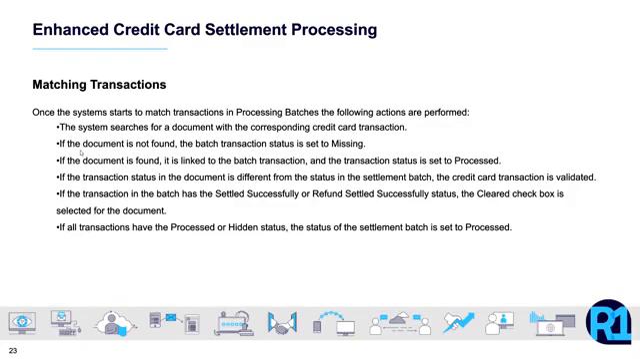Once the system starts to match transactions in a processing batch, the following actions are actually performed. The system searches for a document with the corresponding credit card transaction identification. If that document is not found, the batch transaction status is set to missing. In other words, in the batch, you will have a line that says this transaction does not appear inside of Acumatica. If the document is found, it is linked to the batch transaction, and that batch transaction is set to